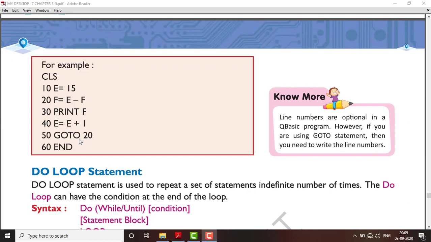It means we are instructing the computer to go to line number 20. So it will move here again, until this condition is true. As this condition becomes false, your program will move to the end. So you can simply say goto is used to move from one statement to another.